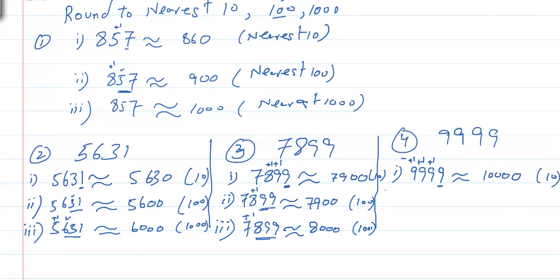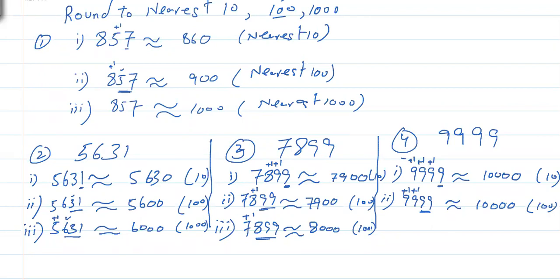Now I will round to the nearest 100. Okay, 9999. For rounding to the nearest 100, I need to make these two digits 0 and 0. But now as it has two zeros, I have to look at the second digit. The second digit is 9, so it will add 1 here. Now 9 plus 1 is 10, but I can't write 10 because I have further digits, so 0 and 1 will carry. 9 plus 1, 10. Now no more digits, so I can write 10. So you look, it's the same. So it doesn't matter. A multiple of 100 is a multiple of 10 also.